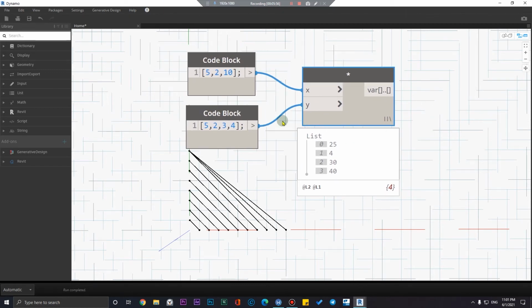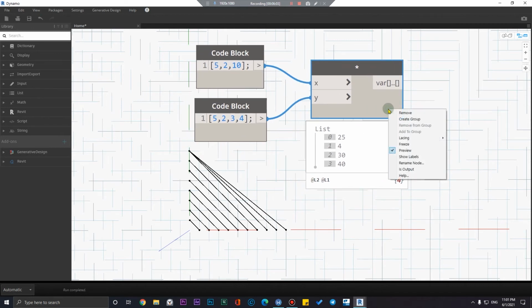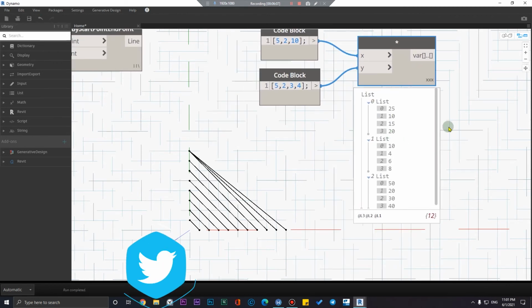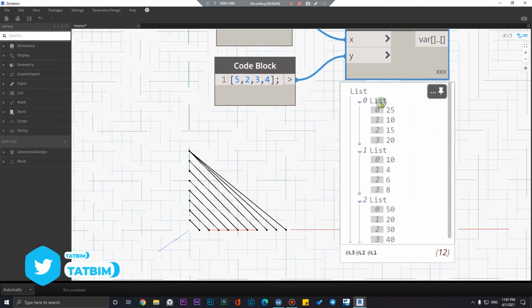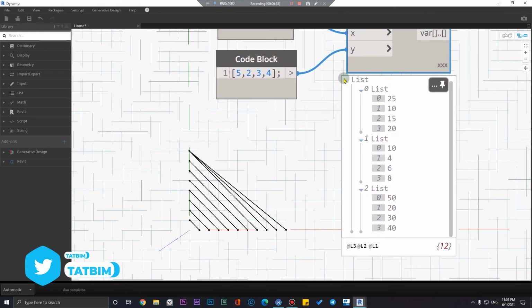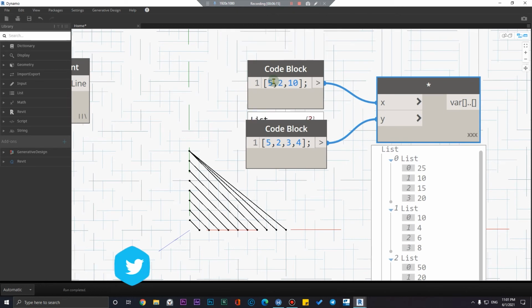But one of the best situations where you can use cross product is here. For example, if I put it on cross product, you can see we have a set of lists here, where each of them is like this: 5 times 5, 5 times 2, 5 times 3, 5 times 4.